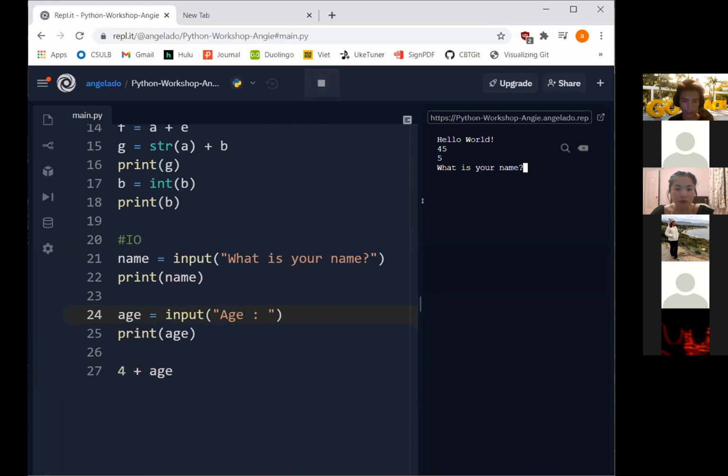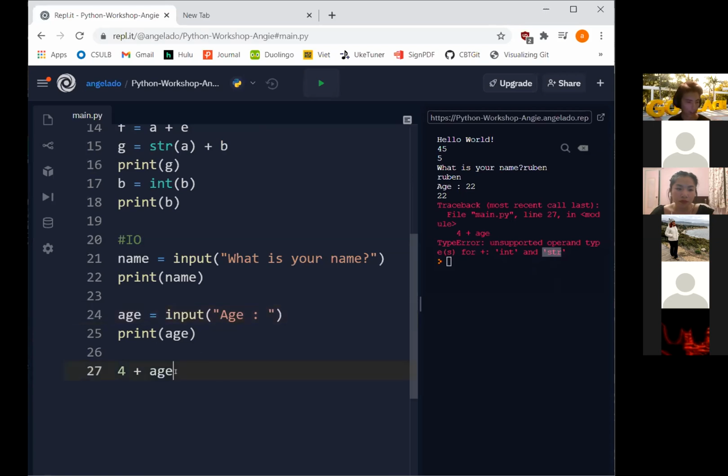Let's do this. Age 22. Yeah, there you go. Because it's saying, just like Angela showed before, it's doing an int and a string. These two data types are different, so it doesn't know what to do with it, right? So if I want to